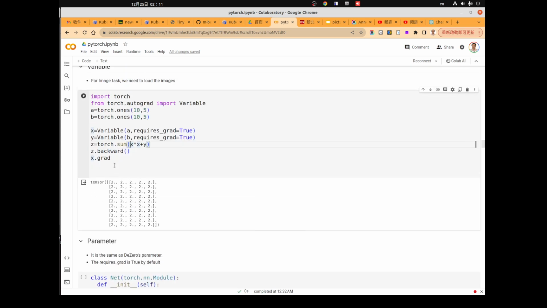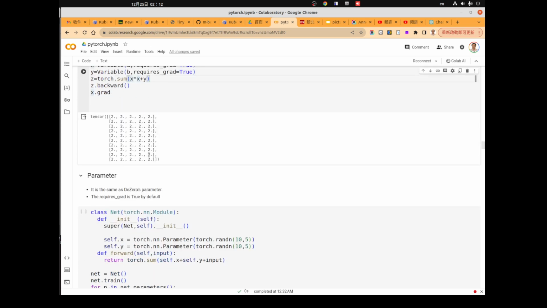We will discuss the computational graph later, but for now you just need to know that the object returned by a variable can be computed with as other variables in Python.